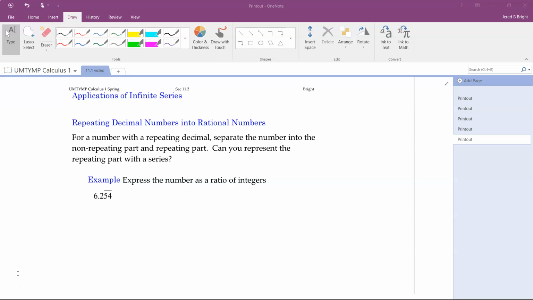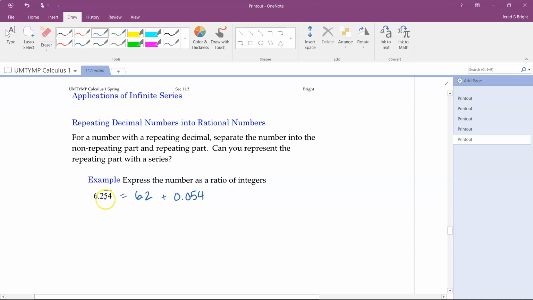We can take any number that has repeating digits, and break it into its repeating part and non-repeating part. In this example it says express the number below as a ratio of integers. If I break this into its repeating and non-repeating parts, the non-repeating part is 6.2. The repeating part, if I look at it, would be